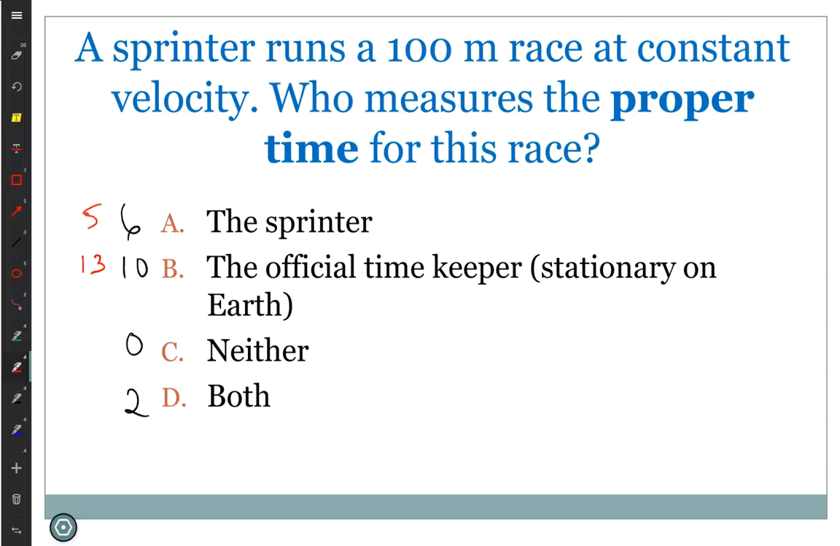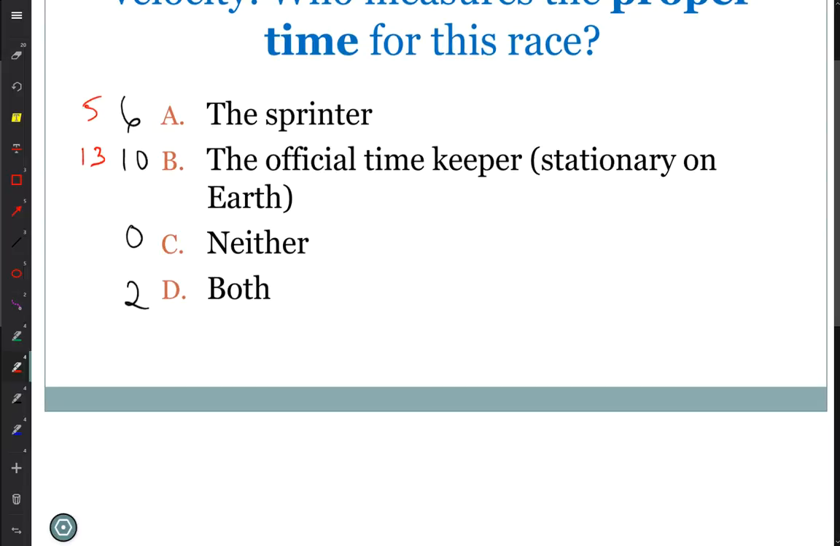It says it's a 100-meter race at a constant velocity. That 100 meters we assume is measured on Earth. If it's measured on Earth, then we can take the velocity and the 100 meters and calculate the time, but that's going to be the time measured by the official timekeeper. Right, so the official timekeeper says